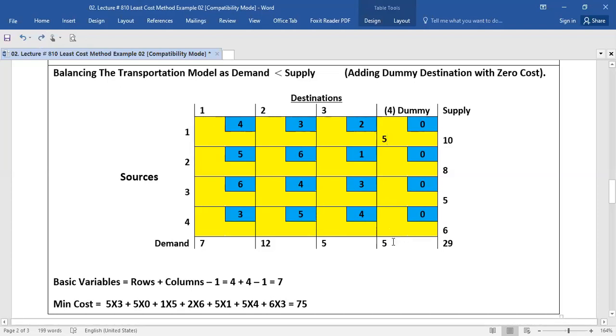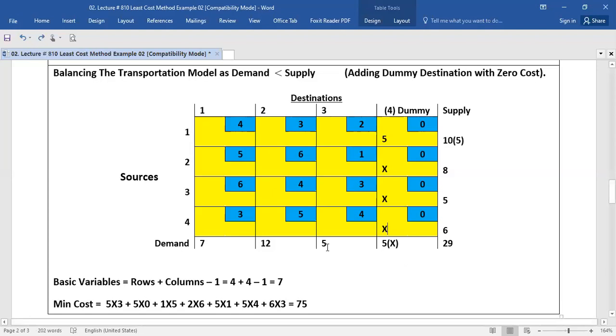Yes, here the demand is 5 and supply is 10. So the demand is now completed and I will put 5 in front of 10 and other blank cells will be crossed. Yes, in this way other blank cells are crossed as demand is completed. So we will move for next allocation in the cell which has minimum cost. Which has the minimum or least cost? Yes, this is the cell which has least cost. So we put our next allocation.